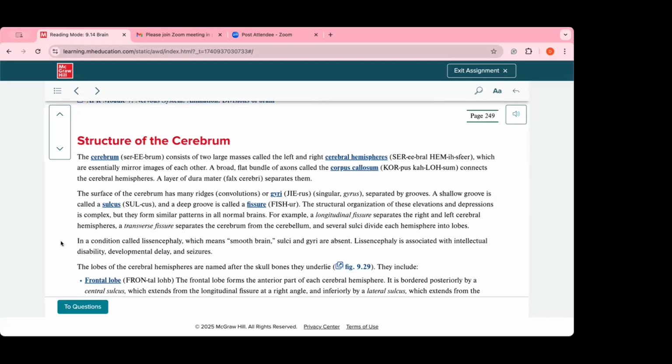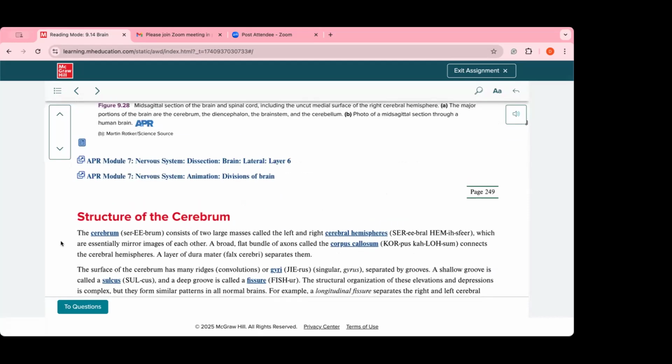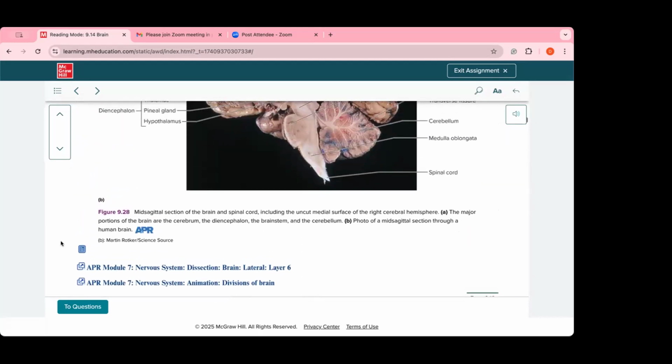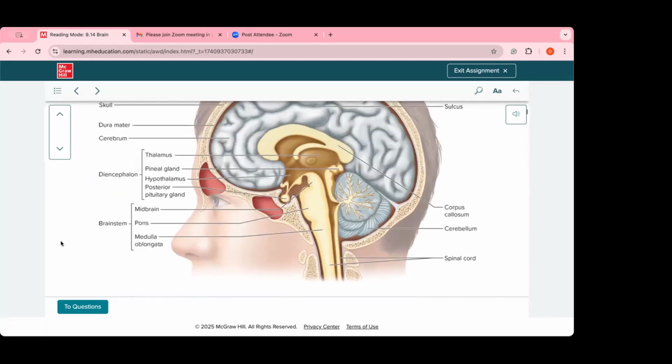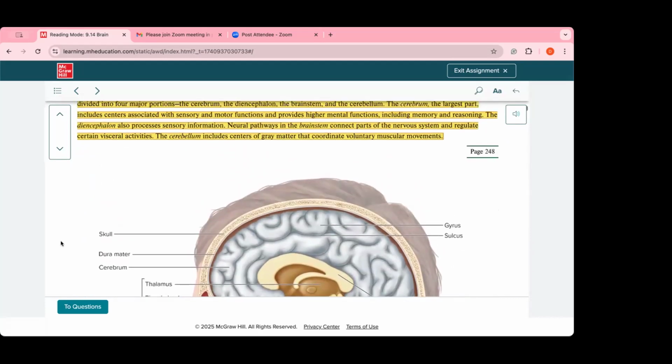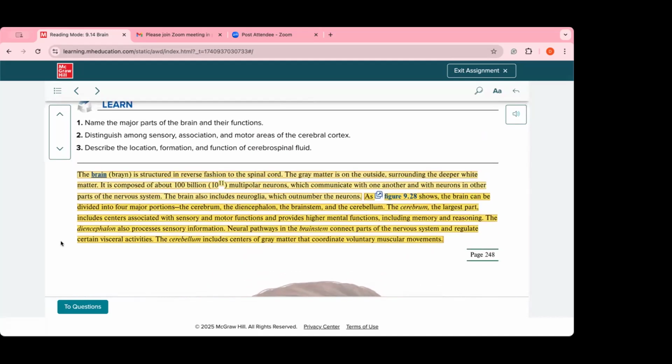Okay, is that the beginning of this section or not? Because they're talking about, okay, let's see. The cerebrum,